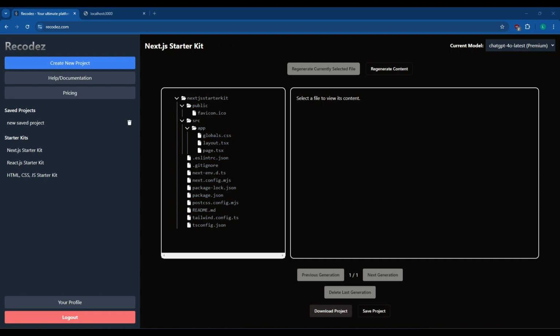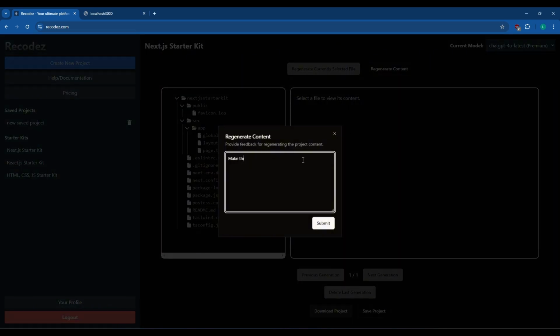Well, we are going to first need our task description, which in this case would be to make this into a quote generator site using the GPT-4o API. Allow the user to input a theme for the quote to be generated based off of. And to show off more of Recodez's ability and the LLM's ability to create complete applications, we could